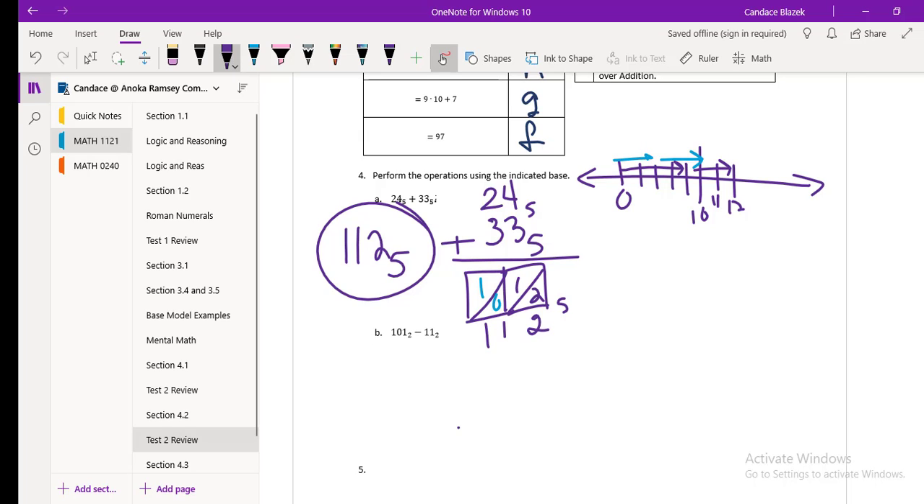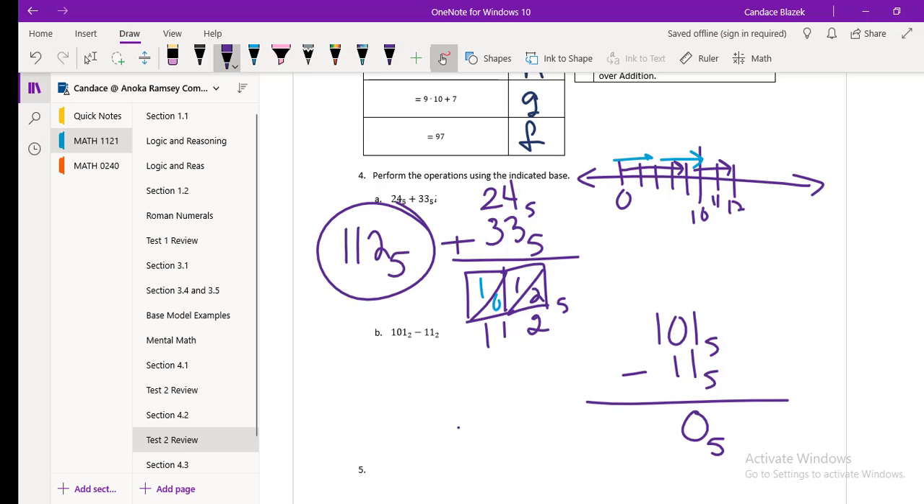Now we can do things even a little differently maybe. When we get 101 base 5 minus 11 base 5, the first one is straightforward, right? 1 minus 1 is 0. It's going to be in base 5. That's great. And then we look at this 10